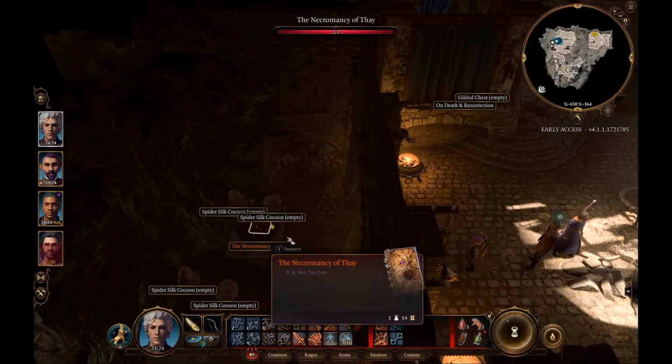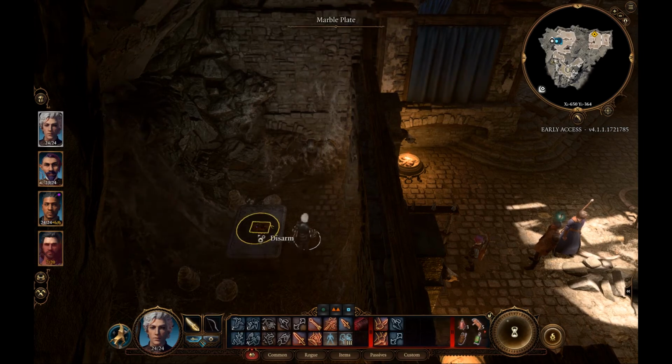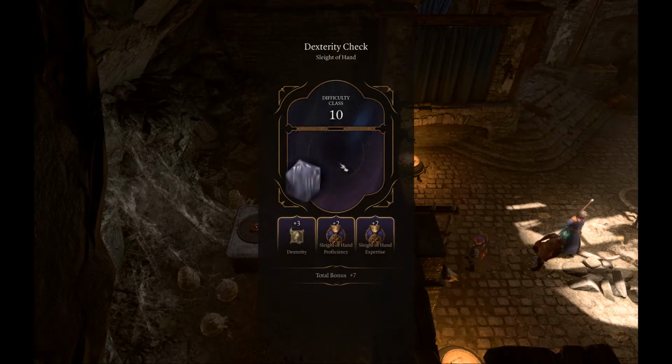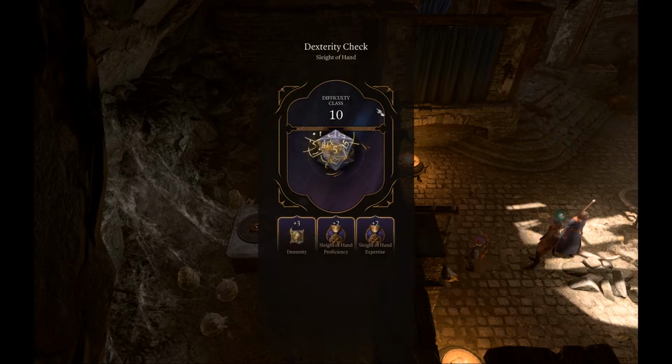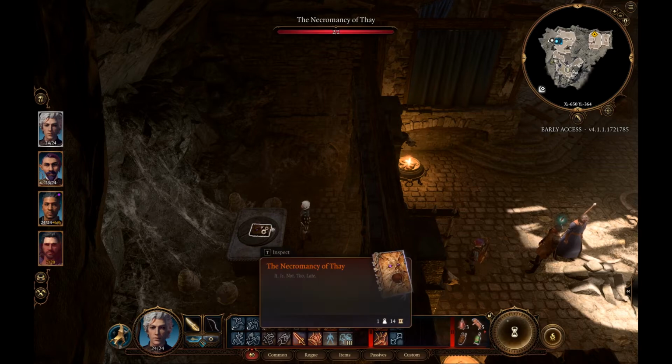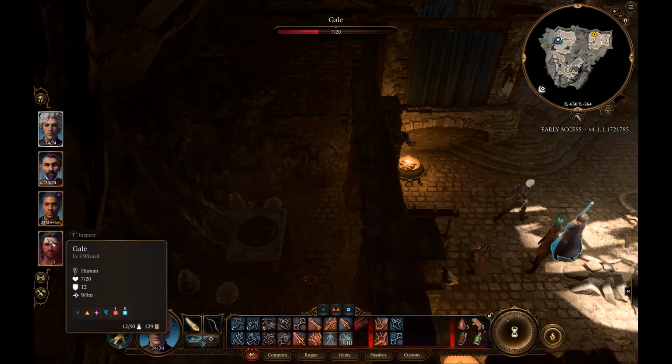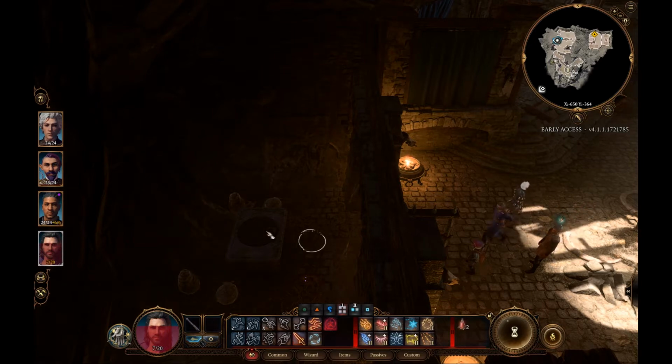Okay, so we've hopefully disarmed some traps. Oh, there's a weight one here as well. There's lots of traps. Okay, this one is also a 10, so yeah, 3 or more. 5. Okay, we've rolled quite low on most of these. What I'm going to do is I'll bring Astarion out now that we've done that, and let's actually bring Gale in to collect the book,